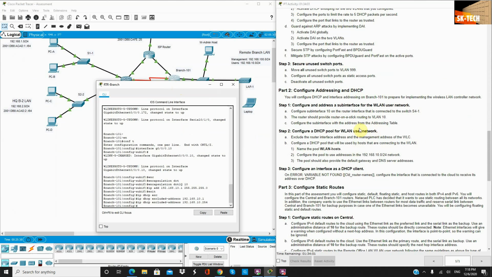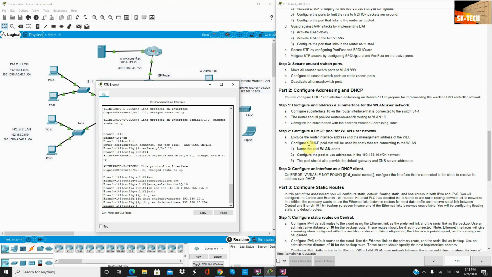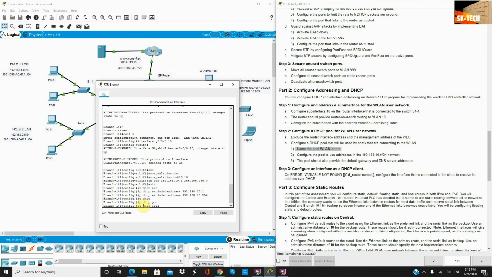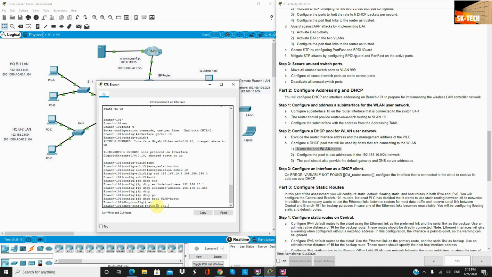Now we will work on configuring the DHCP pool that will be used by the WLAN, and this is the name for the pool. ip dhcp pool, the name is wireless local area network hosts, and we configure the pool address to be this one for this network. So network 192.168.10.0,